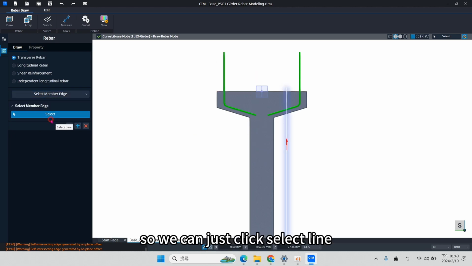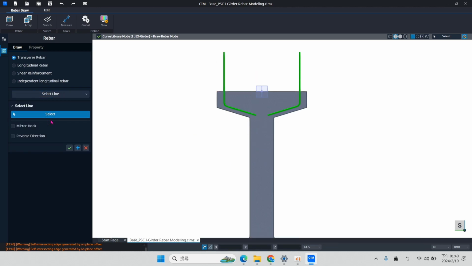So we can just click select line, okay, and then you can click on the side wall of the flange, okay. Click on the side wall here. It will automatically look like this, and then click OK.